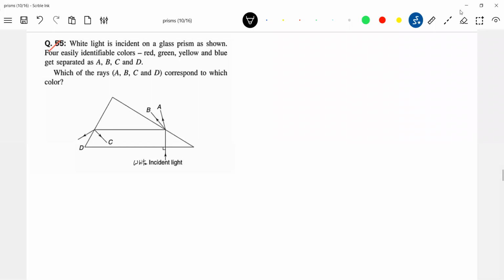Analyze it. First, what happened there? At AB, what will happen? There'll be an angle of incidence, and some rays will undergo refraction, some will undergo TIR. Again, at the other refracting surface, one ray will undergo TIR, the other will undergo refraction. So what can we say about the colors? First we'll get into the basic relationship. The VIBGYOR, what all do we have here? Red, green, yellow, and blue are there.